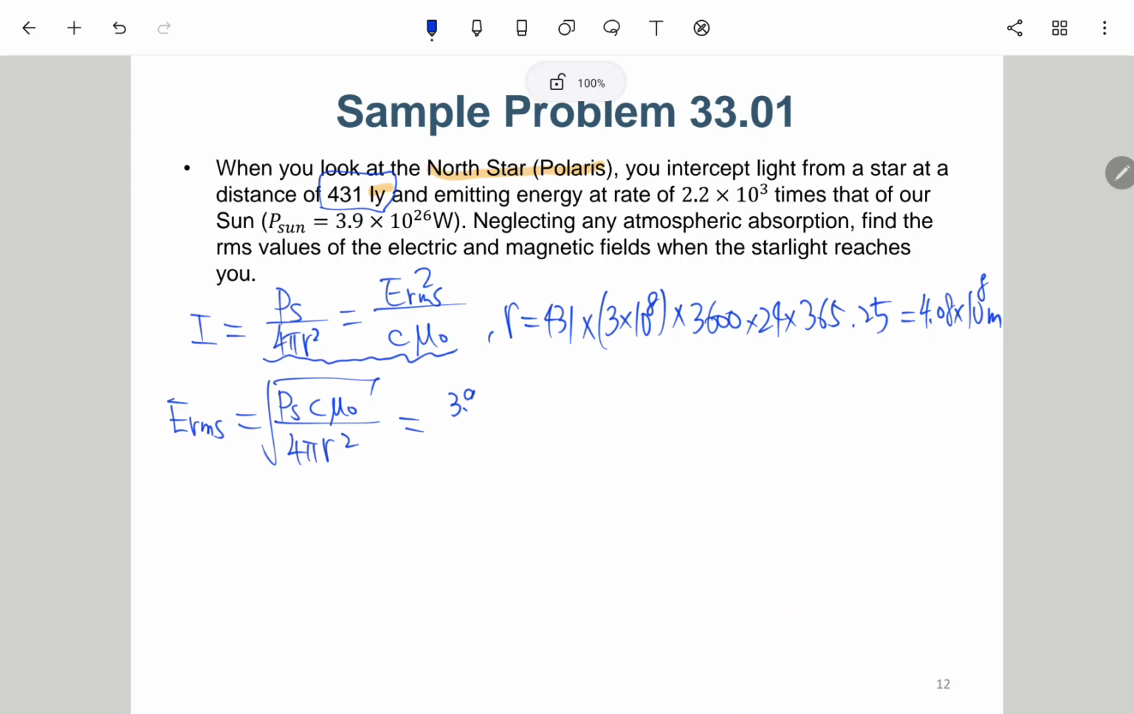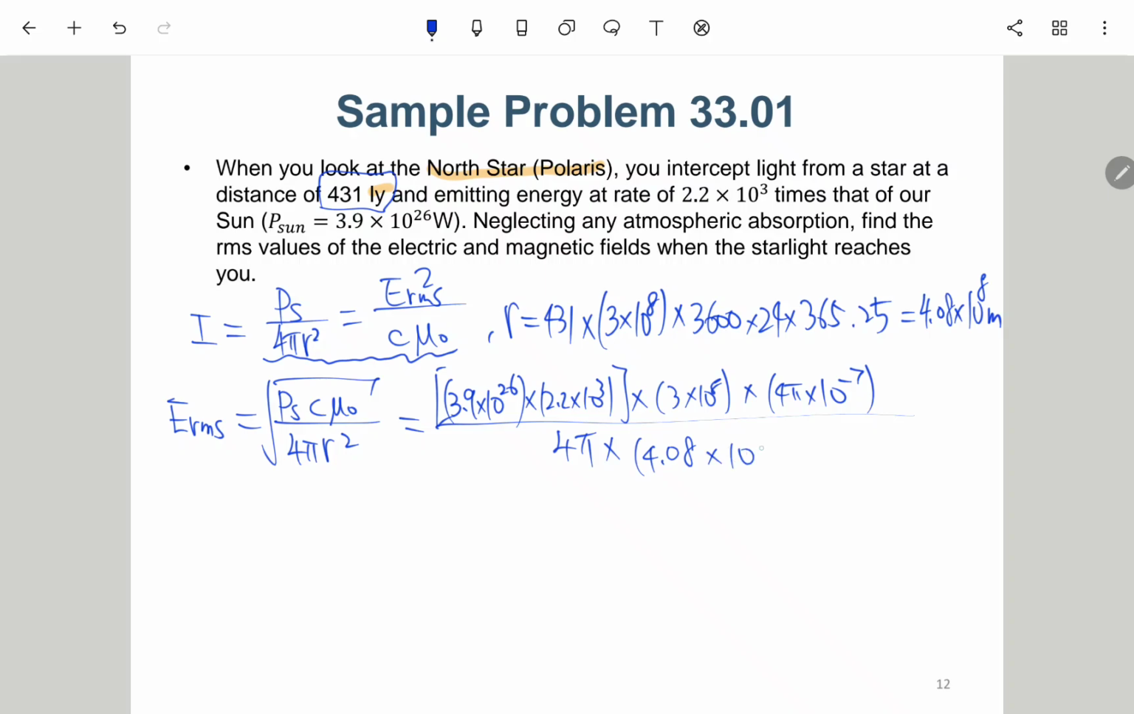PS is 3.9 times 10 to the 26th power times 2.2 times 10 to the third. Okay, it just tells you it is 2.2 times the sun. So PS will be P sun times 2.2 times 10 to the third power, and then times C, which is 3 times 10 to the 8th power, and then times 4 pi times 10 to the negative 7, and then all over 4 pi times